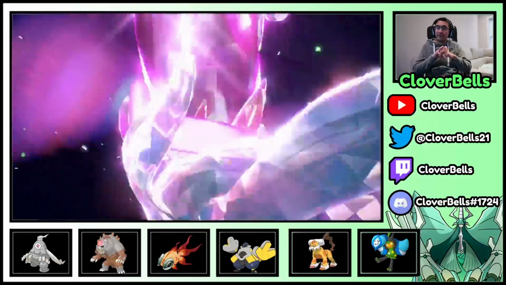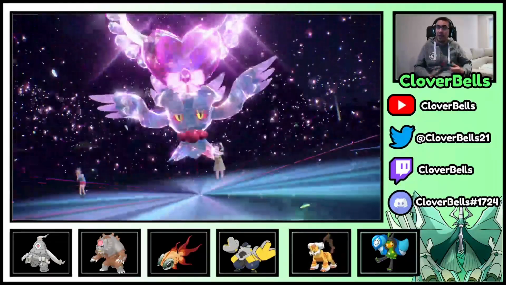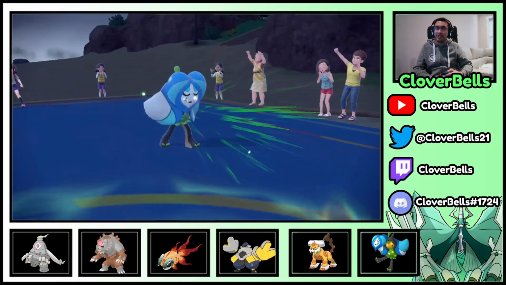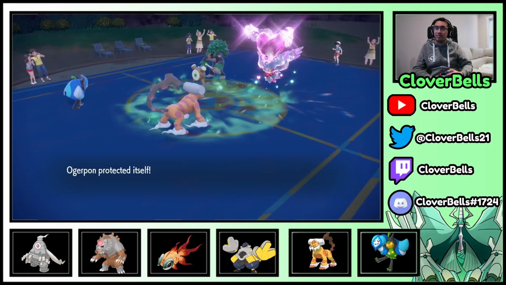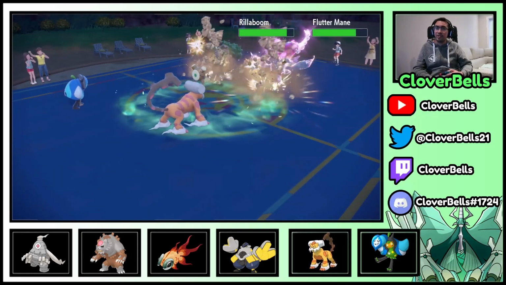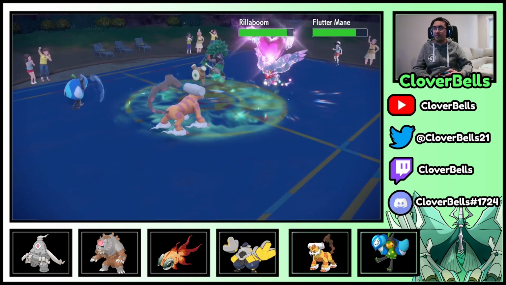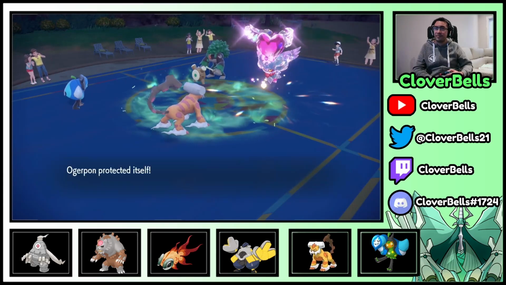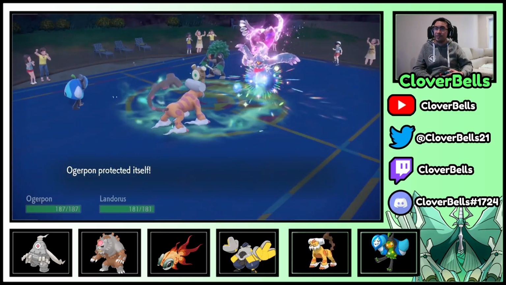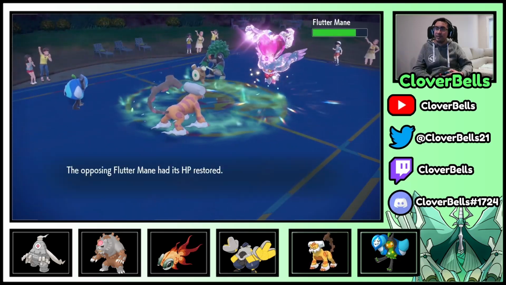Alright, now... Flinch would kind of help us a little bit, but maybe not that much. I kind of want the Landorus to go down. I just want a little bit of chip. So Spiky Shield. This is Moonblast or Dazzling Gleam either way. But we'll see. Alright, we do get a Rock Slide. Gonna do a little bit of chip into the Flutter, of course. Does do Dazzling Gleam. Alright, so it's gonna do some damage into Landorus here. But yeah. Yeah, that's a ton of pressure right there. Alright, Landorus doesn't die. So...